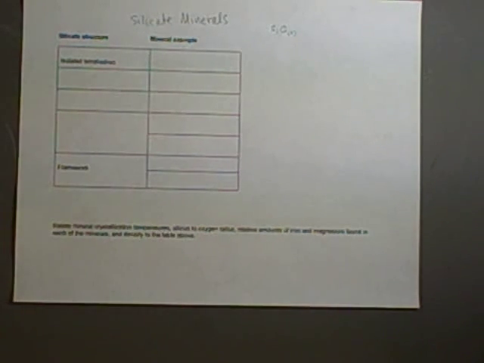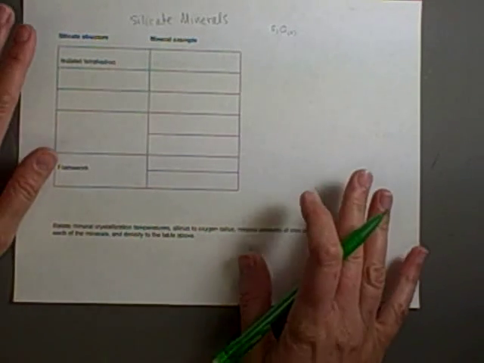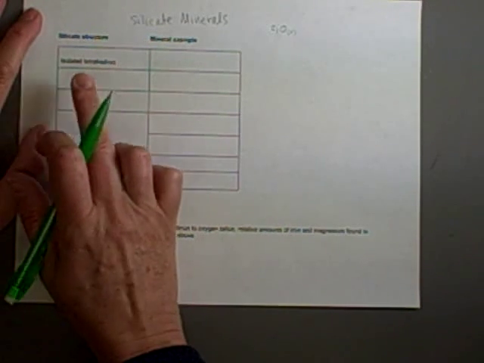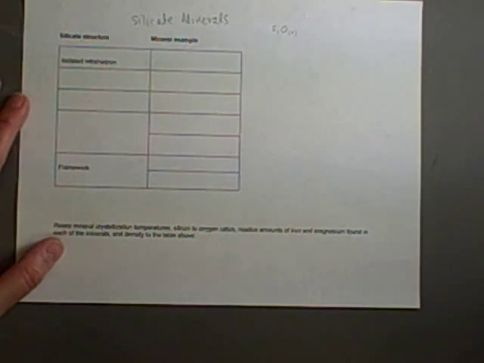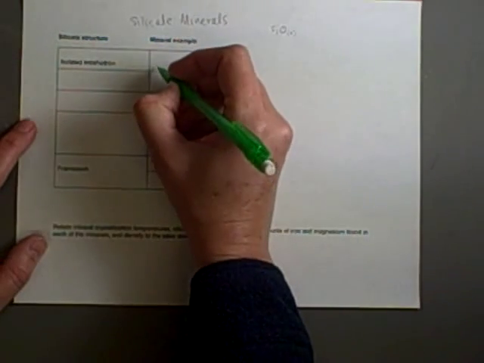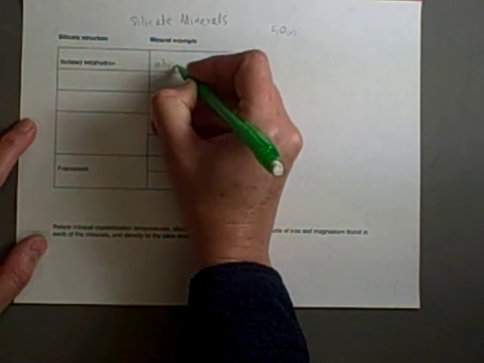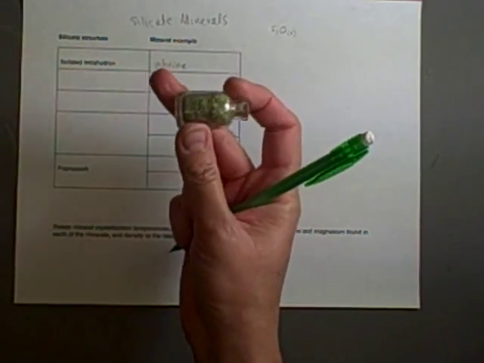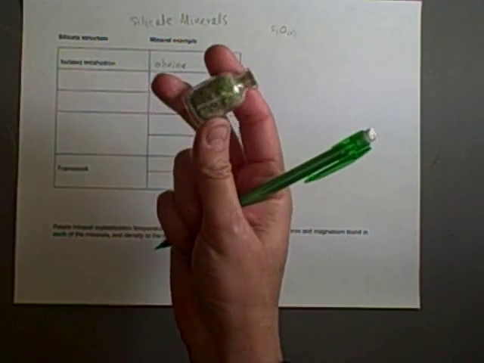that we use. All right, now hopefully you have watched the PowerPoint and you've done all the preliminary work. If you remember, the most simple form of a silicate mineral is an isolated tetrahedron. Now, my example is olivine, okay? That's my mineral example. And olivine is olive green. Now, it's in this little jar, and I've got little pieces of it, and it looks like little green glass,